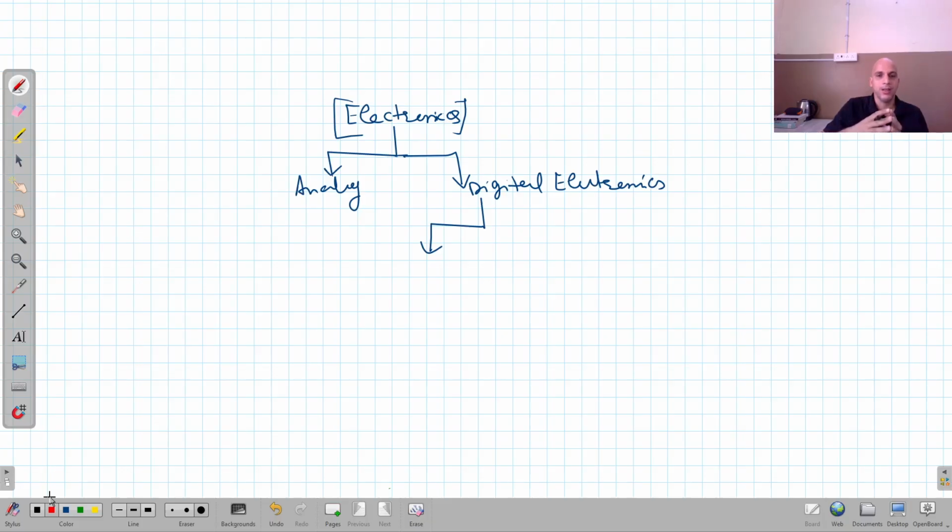discrete signals. They are not continuously time varying signals. We are using only certain reference levels for representing a signal, right? And we know very well that in digital electronics the number system plays a very important role, right? And usually questions are asked from the number system. You can see in all exams,